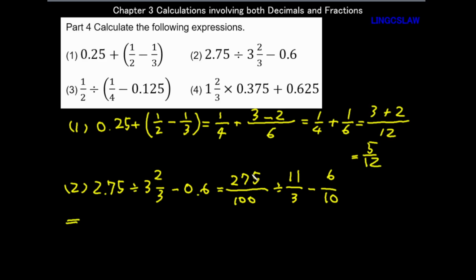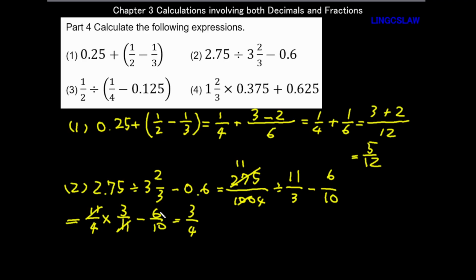Okay, let's divide both of this by 25. So of course this is 4, and this is 8 plus 3, 11. Okay, 4, 3, 11. Okay, so 11 over 4 times 3 over 11 minus 6 over 10 equals